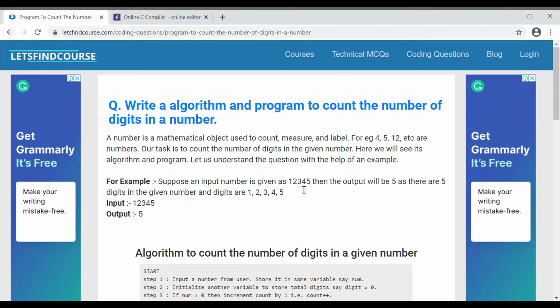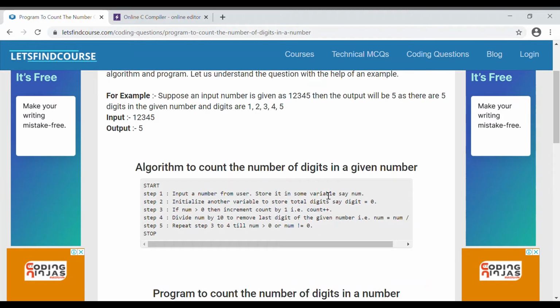At that time we will stop our looping and exit, and the output will be in our count. So this is the approach to solve our problem. Here you will find an example like 1 2 3 4 5. We will get the output as 5, and as you can see, the digits are 1 2 3 4 5. So our output will be 5.